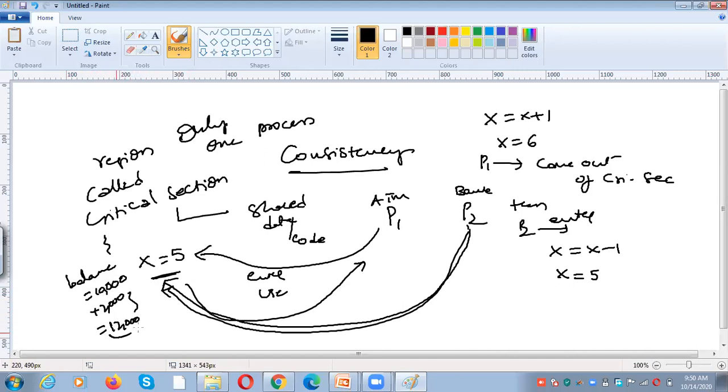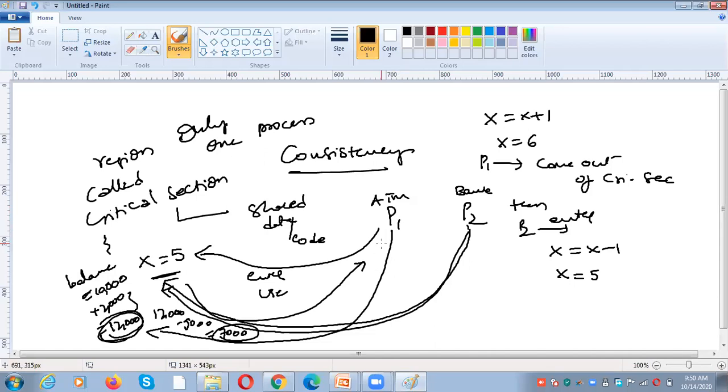So after performing this operation, again the P1 and the ATM operation will be performed. So 12,000 minus, for example, 5,000. Then what will be the value? 7,000. So now the value is correct. Why? Because after performing the deposit operation, we are performing the withdraw operation on the updated value, not on the previous value, right? So like that, there should be some synchronization between the two processes.